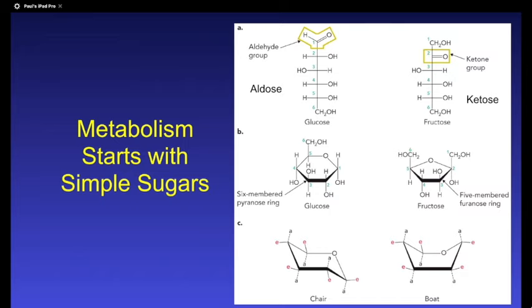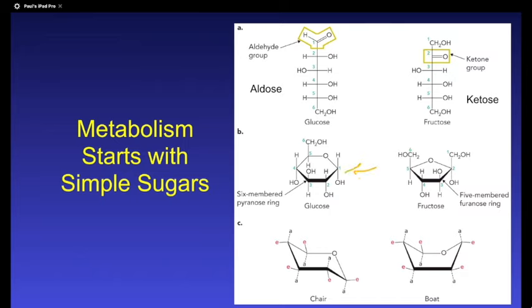Glucose also is found both in the straight chain form and in the cyclic form. In actuality, if you go to the stockroom and get glucose and you put it into water, you will have an equilibrium between the cyclic and the acyclic form, open chain and closed chain, and it will equilibrate over time, and it'll get to the best thermodynamic structure. We write this